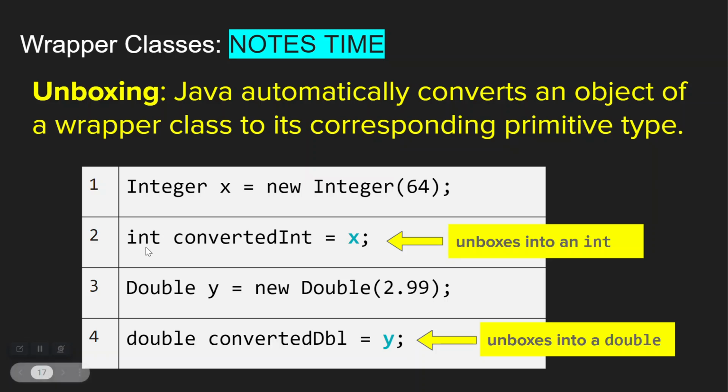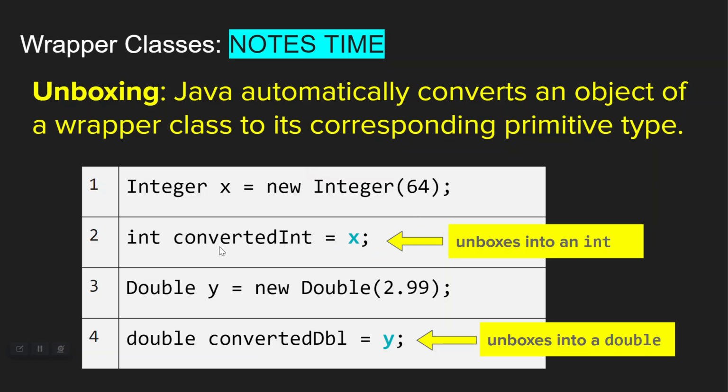But then down here, int converted equals x. So what this is going to do is take your Integer object x, which is storing the value of 64, and it's going to unbox it. It's going to store it as the primitive data type 64. And there you go. And you don't even have to call the intValue. You could call the intValue method here if you wanted to,